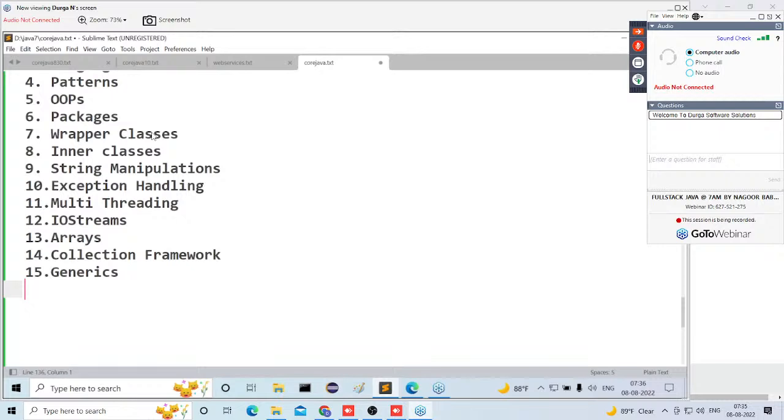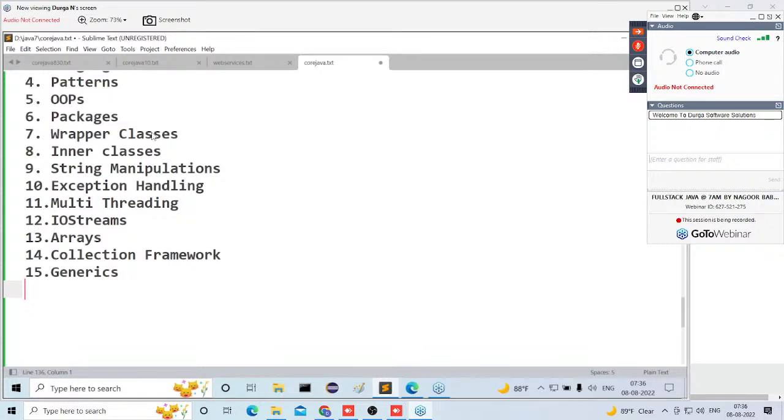Why? Because the collection framework is able to store different types of elements. Heterogeneous elements are able to be stored inside the collection framework. A collection object is able to store all heterogeneous elements. Am I right or not? So whenever it is storing different types of elements, typedness will be reduced, but with arrays, typedness will be achieved. Guys, observe carefully what I'm telling. With arrays, we are able to achieve typedness. With the collection framework, we are able to reduce what?